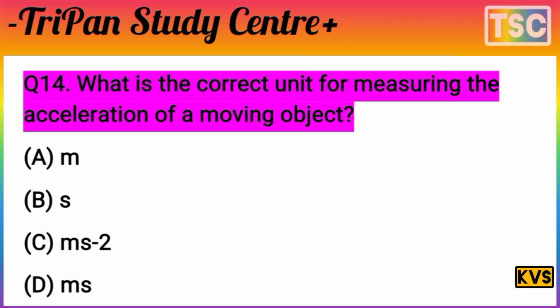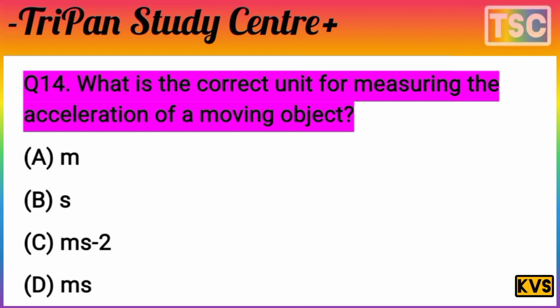Option A meter, B second, C is m/s minus 2, D m/s. The most important question from the exam point of view. What is the correct unit of measuring the acceleration of a moving object? You know that the one important fact here: acceleration of the moving object is measured in the meter per